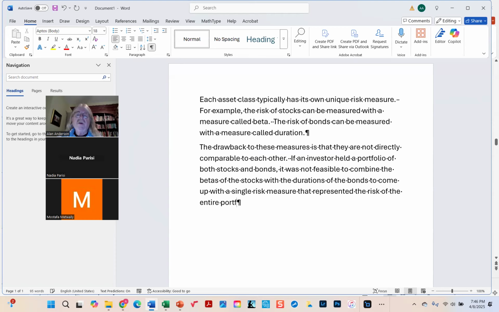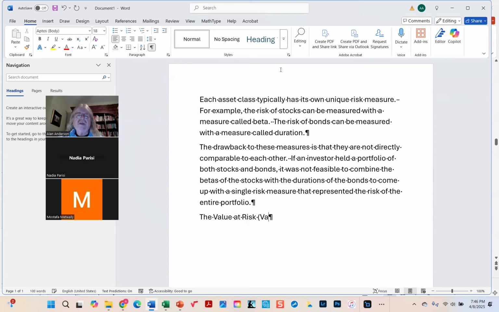So in other words, if I wanted to know how much risk I am exposed to in my entire portfolio, not just the stocks by themselves, not just the bonds by themselves, but the whole thing, it wasn't really possible until value at risk came along. You had to treat them as separate types of risk. That's awkward because when we have a bunch of assets in a portfolio, it's not enough to know the risks of the individual assets. We have to understand how closely related they are, which is typically measured with their correlations. So the value at risk framework,